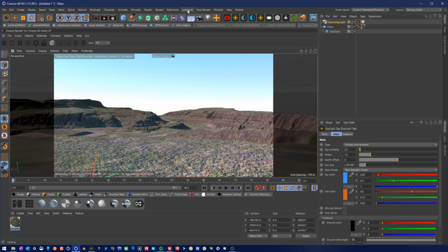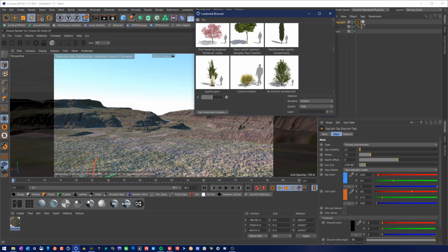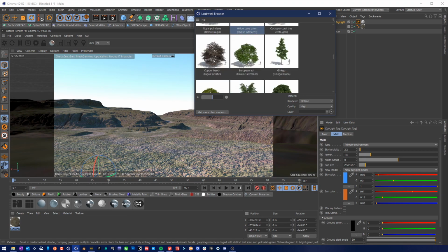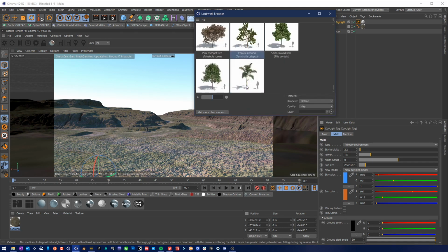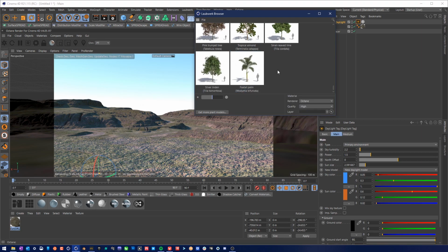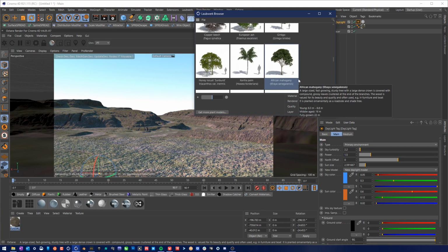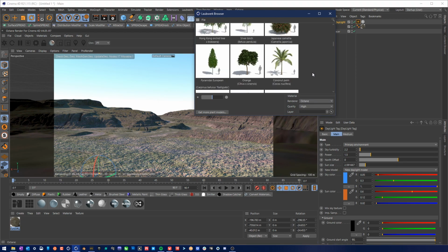And I have my content browser. I don't think I have any grasses. I do have this. Might work. I had a lot of grass at one point, but I don't have enough money to buy the licenses for the newer Cinema 4D for my plugins. Some of them included an upgrade for free, but not all of them. And the one I was using was